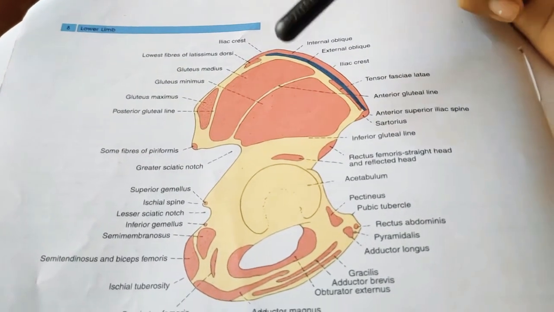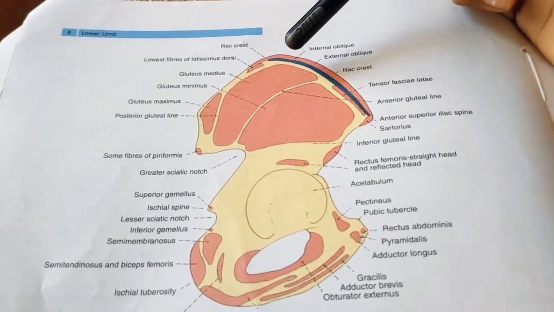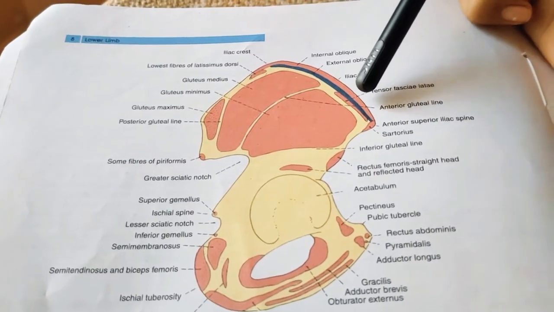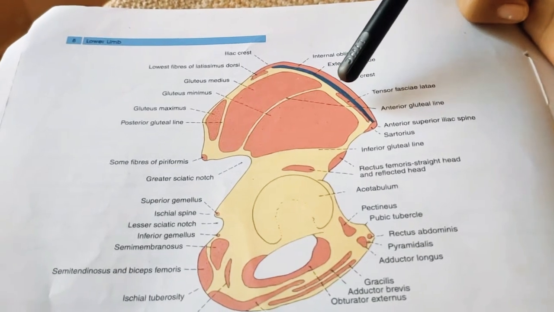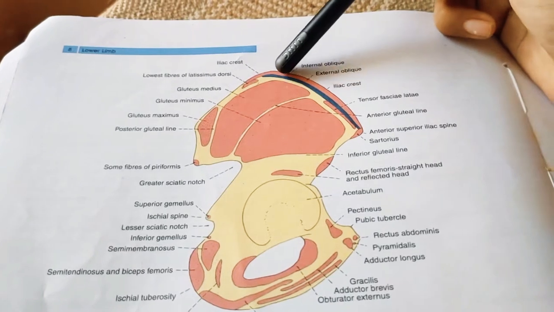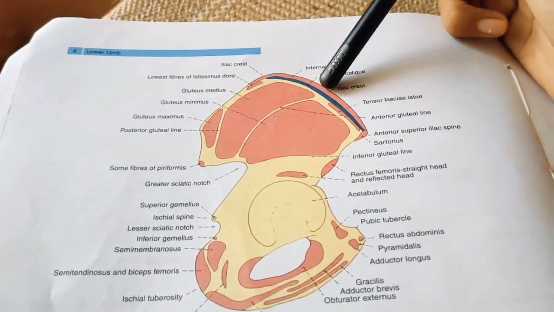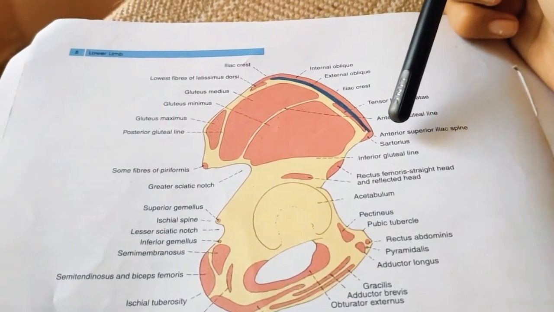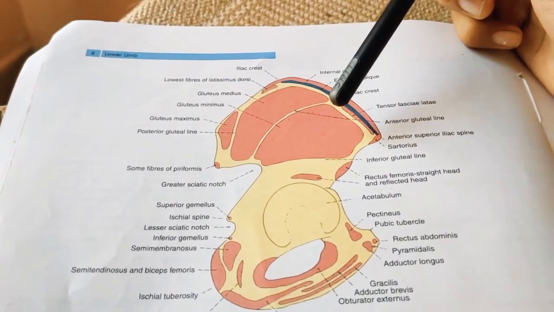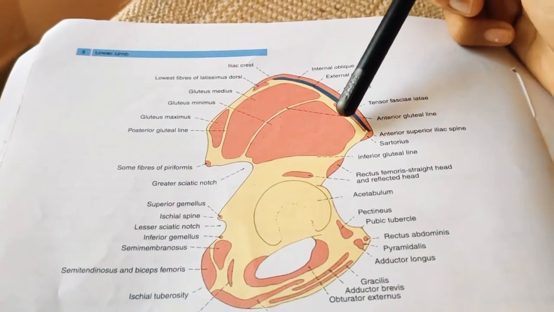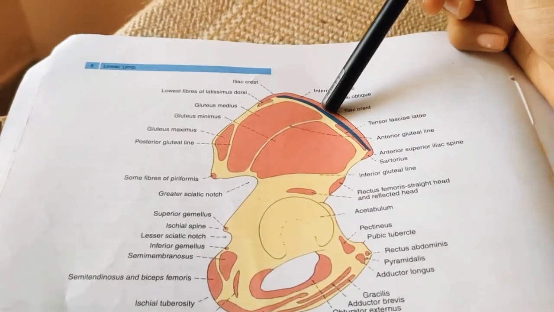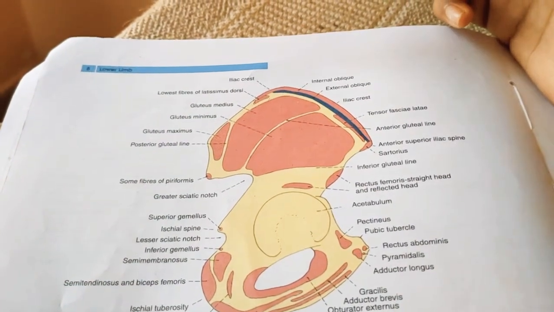Next is the attachment to the outer lip of the iliac crest. It provides mainly attachment to the fascia lata. You can see here the fascia lata. In the outer lip, in its whole extent, it gives attachment to the fascia lata, and origin to tensor fascia lata in front of the tubercle. In front of the tubercle only it gives origin to tensor fascia lata, but the whole extent of the outer lip is mainly giving insertion to the fascia lata.